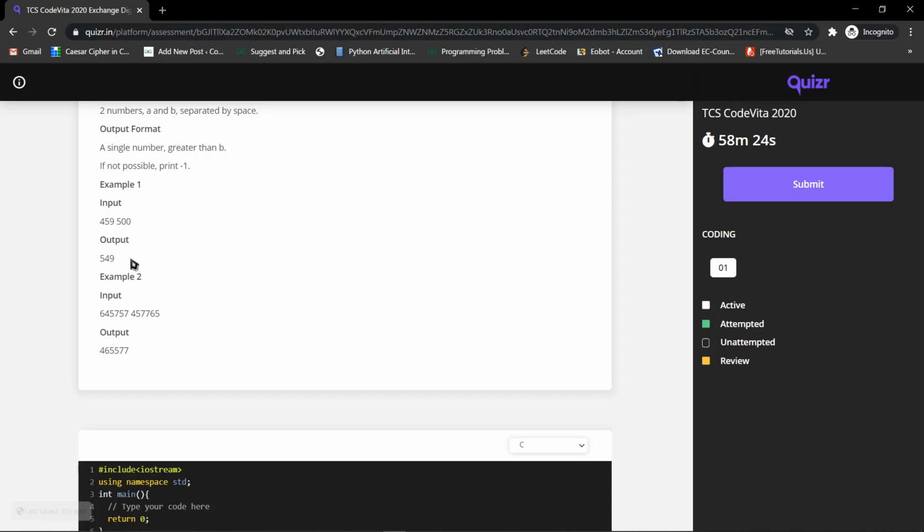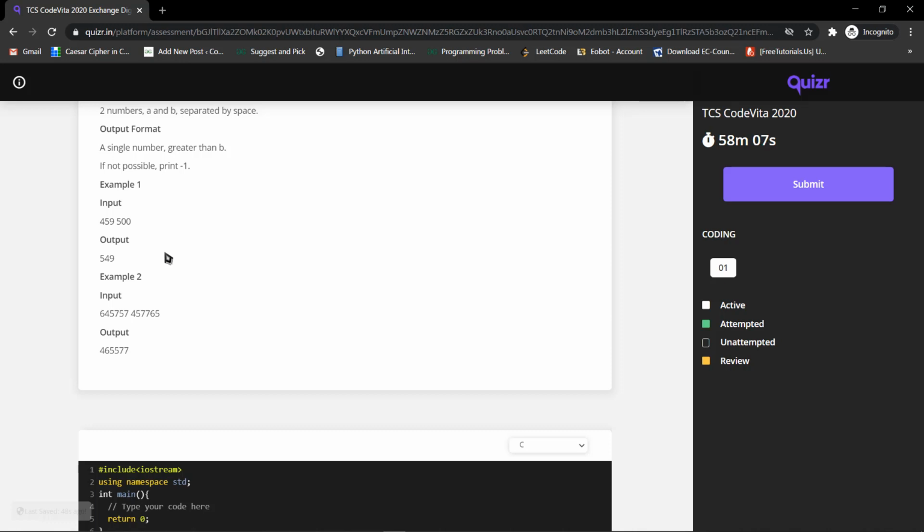Yes, we are going to apply permutation here. First of all, when we do the permutation of 459, it will generate all the possible numbers with these digits, like 459, 549, 954.